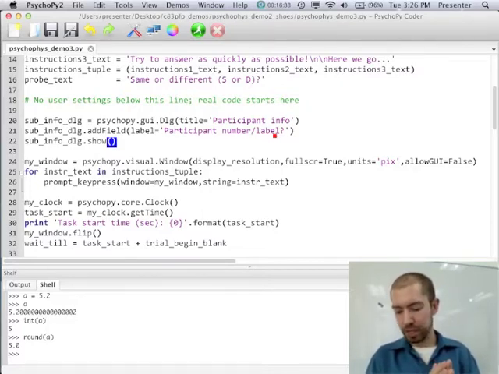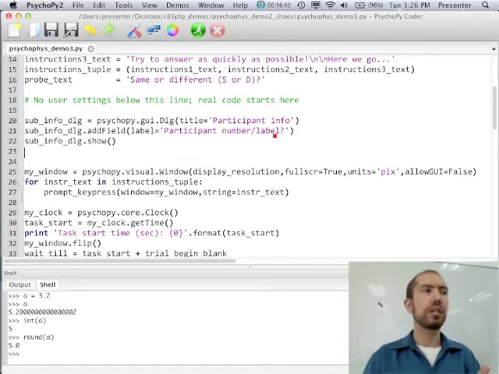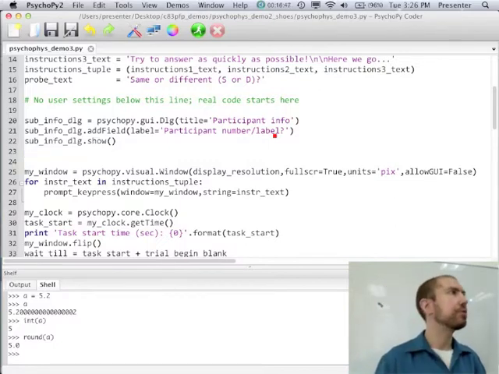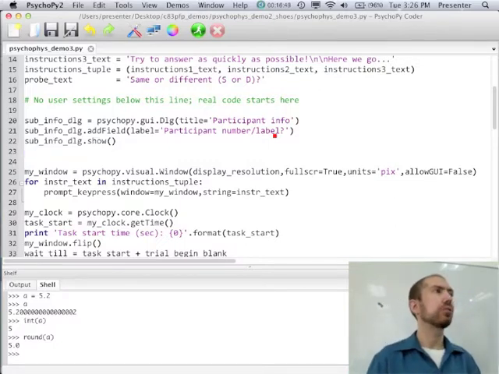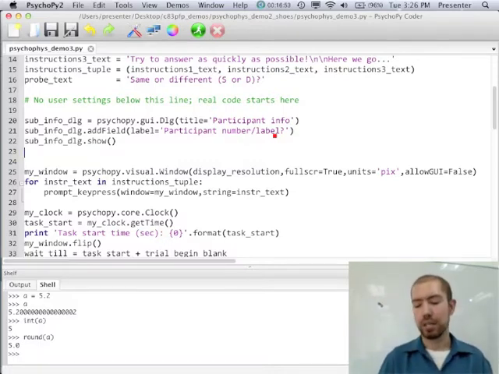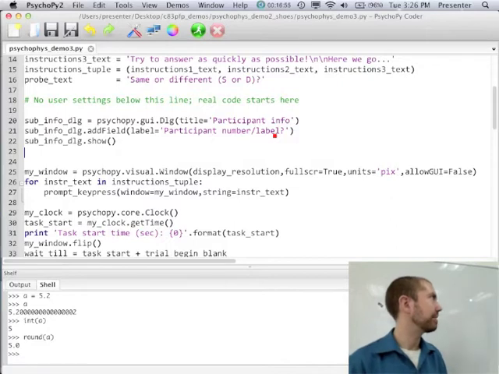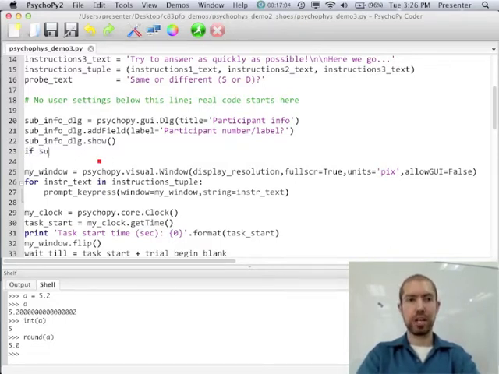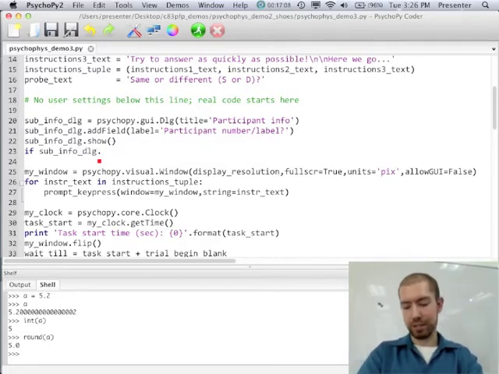What that's going to do is show the dialog box, and then it's going to stay up until the person either clicks OK or cancel. So there's no way to change that. There's no way to, I don't think at least, take away the cancel button. So when it's done, it goes on to the next line of code. And then you have to do a check like this. If sub info dialog dot OK,